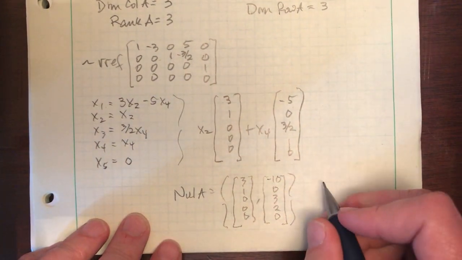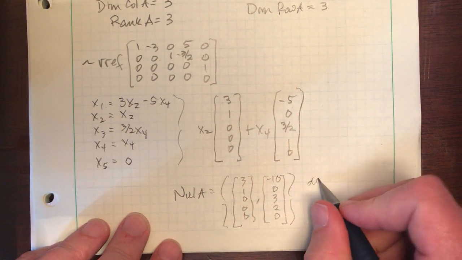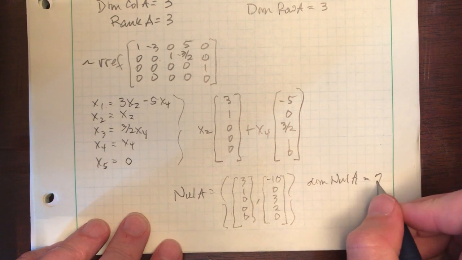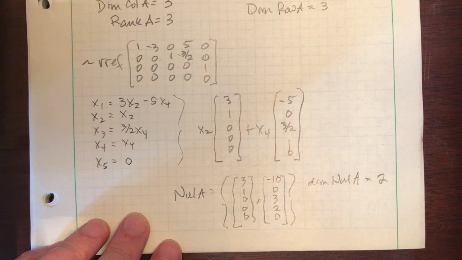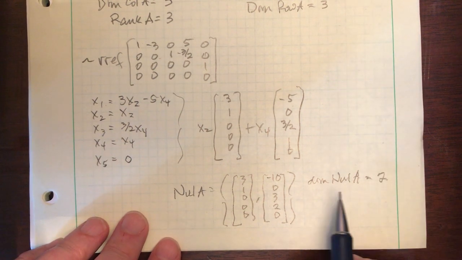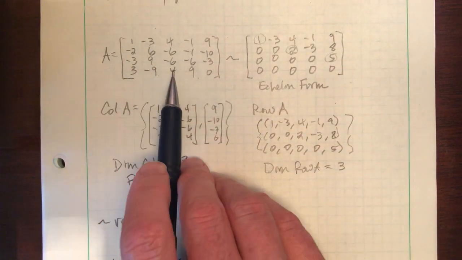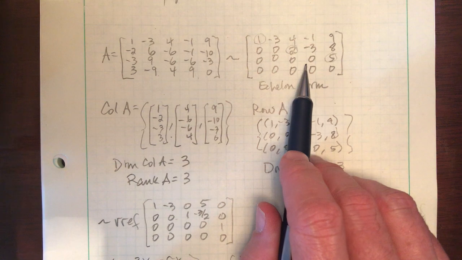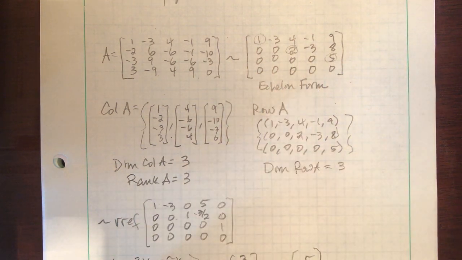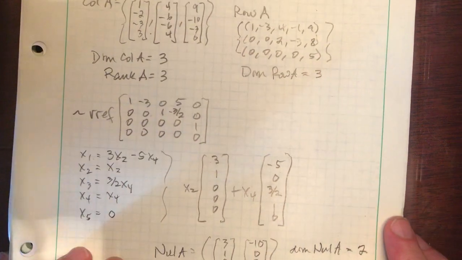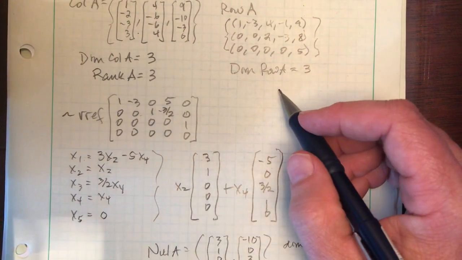So what do we know? The dimension of the null space of A is 2. It's the number of vectors. Well, one final note I'll squeeze into this corner. It turns out then, once you've identified a matrix and its pivots, you have everything you need. Let me point out then, let me squeeze this in back up here, that